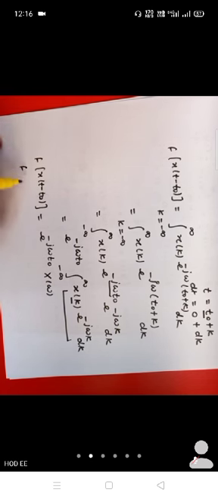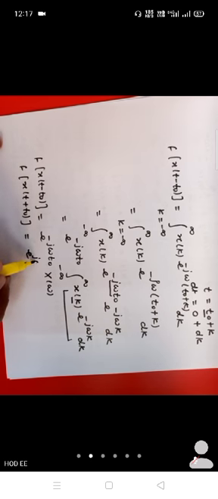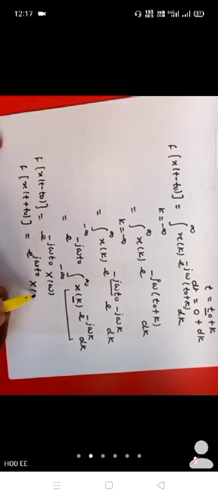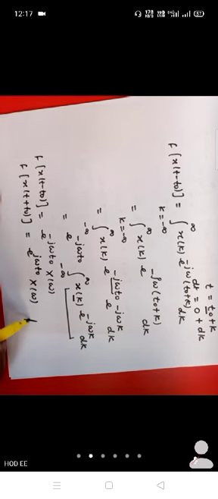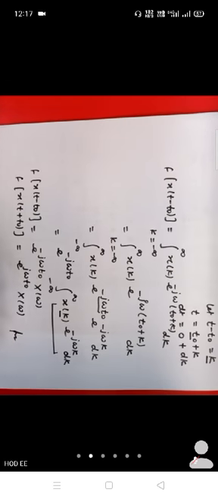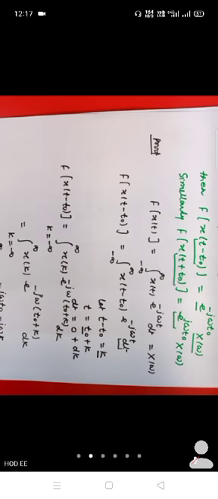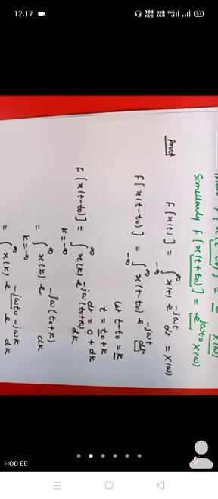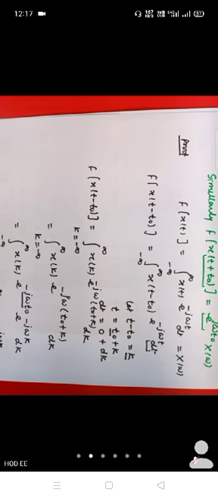Similarly, we can write for positive shift or time advance, x(t plus t naught) is equal to e raised to the power j omega t naught, and this is X(omega). So this is the second property, an important property, in which we are making the time shifting. Okay, so similarly we will deal with the next property,